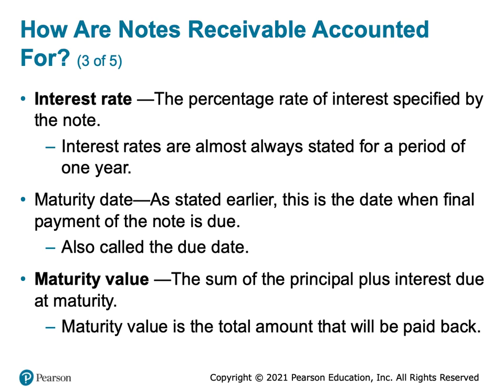The maturity date is the day when the final payment of the note is due, sometimes referred to as the due date. And maturity value is just the sum of the principal plus the interest due at maturity. And so the maturity value is the total amount that will be paid back. So of course the person borrowing the funds will pay back the total principal plus all the interest, and those things together give us